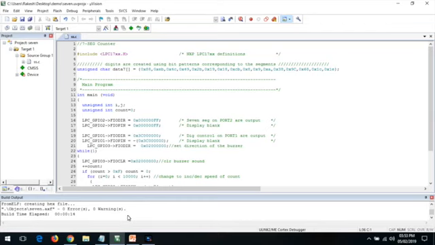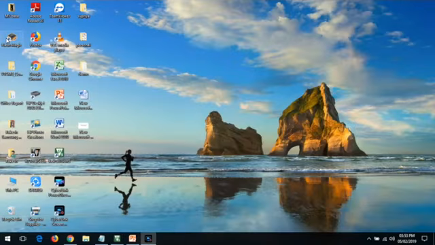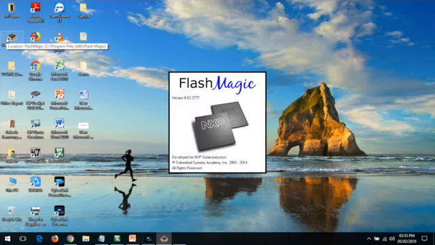So here no errors are there. So we can go for downloading this file onto the controller. For this you need to use another software, that is the FlashMagic.